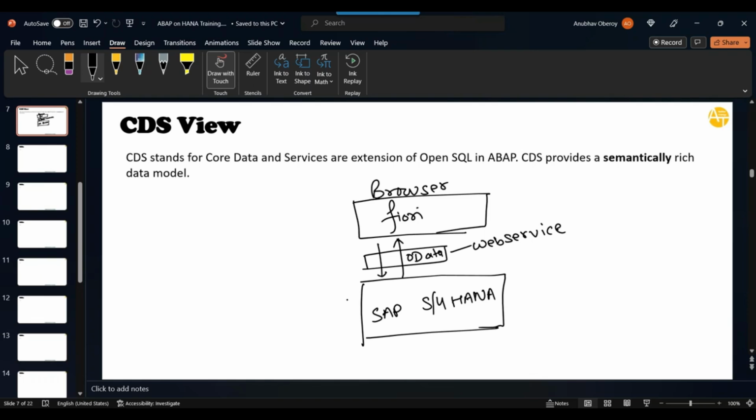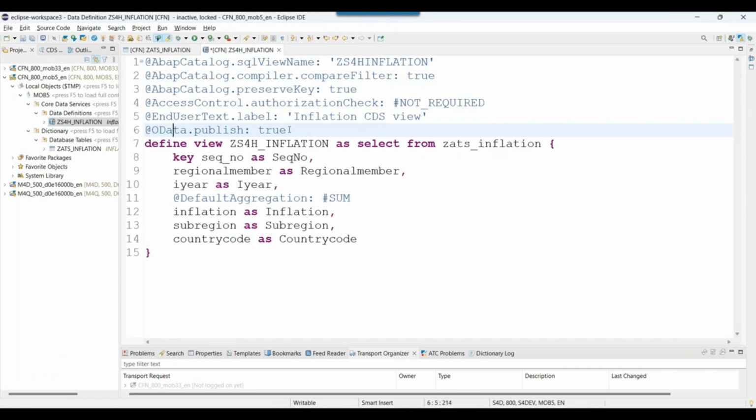If you are new to Fiori, don't worry. We will cover an introduction to Fiori for you. It's the new UI technology, which is a successor of SAP GUI, WebDynpro, and BSP. Without any prior knowledge of Fiori, you will be able to build amazing applications towards the end of this training. Now we need to create this service. To create it, we simply go back and put an annotation called OData publish equal to true. That's all. I will now activate,